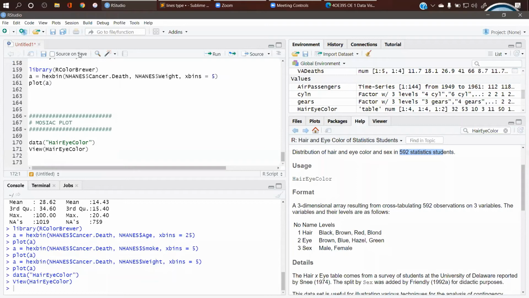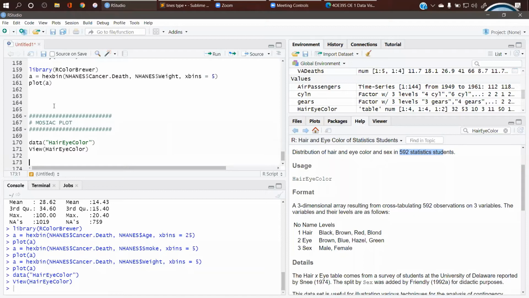Okay, so we'll move on with this data. Now we'll try to plot this. Now this data set entirely gives you a thorough study about the relation between hair color and eye color, right? The rest of the categories are just for the count and for the categorization, either male or female.